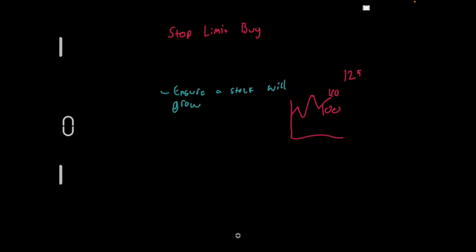Right? Because sometimes it's at $100 and it might just drop down to $80, but if you set a stop limit buy and it hits the $110 mark, then this ensures that this stock is reliable, and if you've done your research, it probably means that the stock will grow in the future as well. So again, this is not the most simple buy order type, so I wouldn't recommend it to new investors, but it's still a useful type of buy that